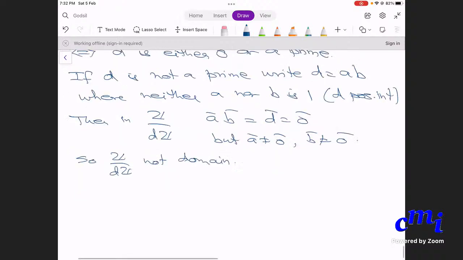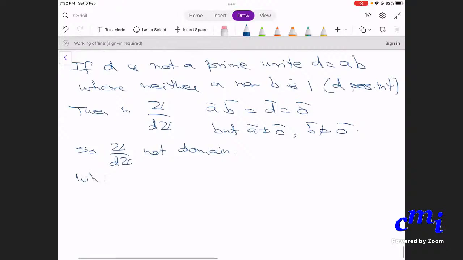What about Z mod pZ when p is a prime? We know, in fact, this is a field. We know that Z mod pZ is a finite field. So of course it's an integral domain, but how do you actually see it? So Z mod pZ,